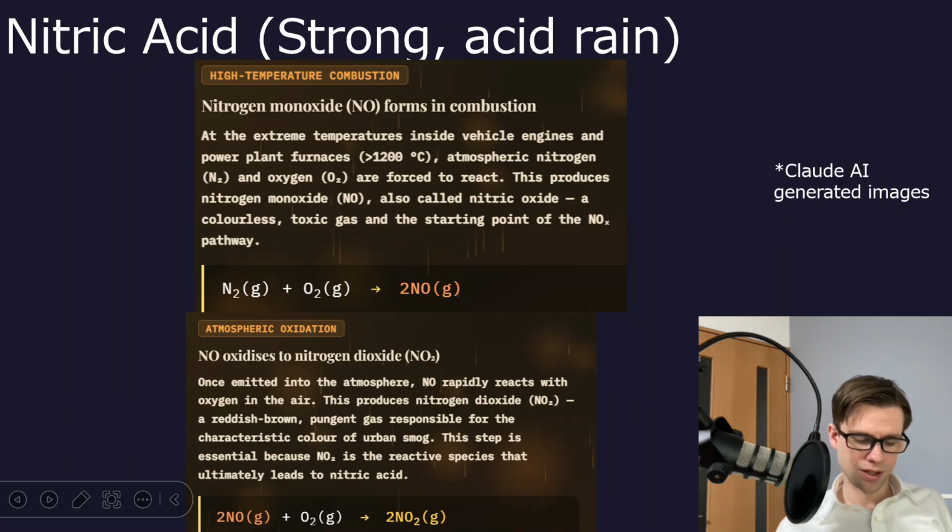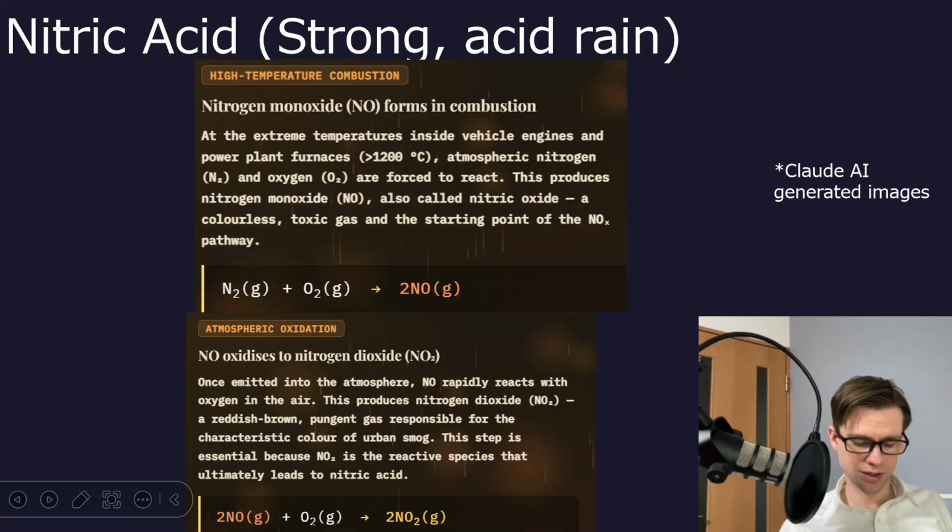But every once in a while, in extreme temperatures, you'll have very fast collisions between molecules. And if you have oxygen and nitrogen, you'll break them apart and reform them as chemically bonded NO, nitrogen monoxide, or nitric oxide. It's a colorless toxic gas. Now, it won't really be made in toxic quantities usually, unless you take a pipe from your car exhaust and put it in your window.